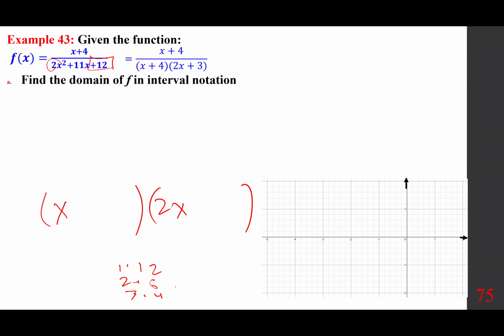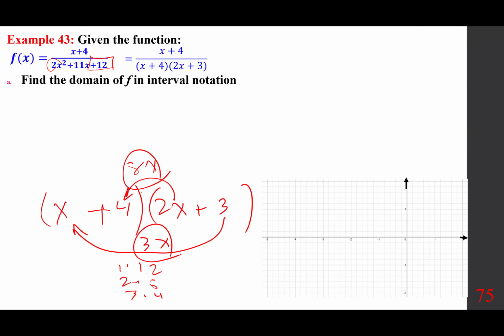4 and 3 work out because the product of these two is 8x, 3x, and the sum of those must be 11x. They do work. And so first and foremost, you drop the common factor. But it is important to know, even though you're going to drop the common factor, it doesn't make any difference. X can't be -4. And as far as the domain is concerned,